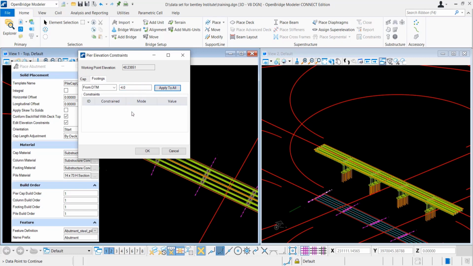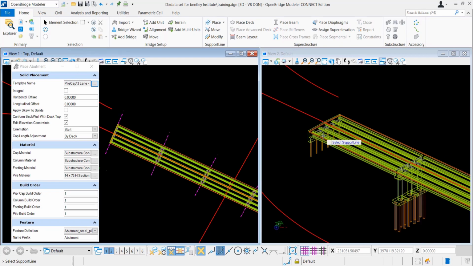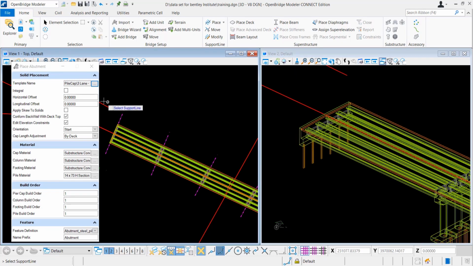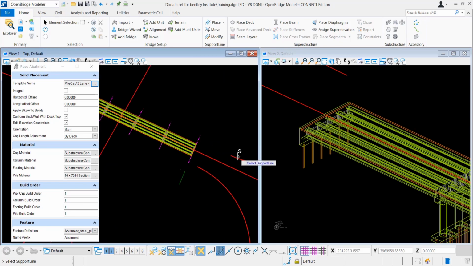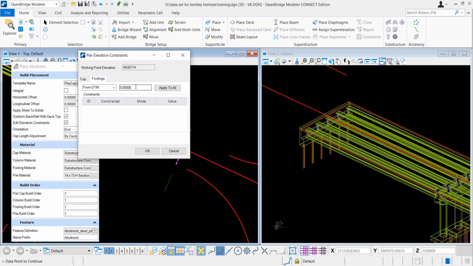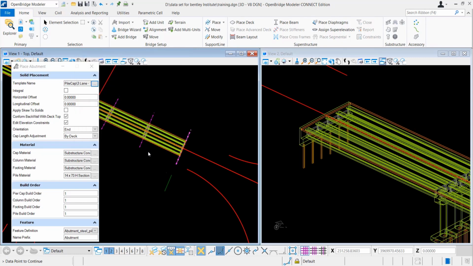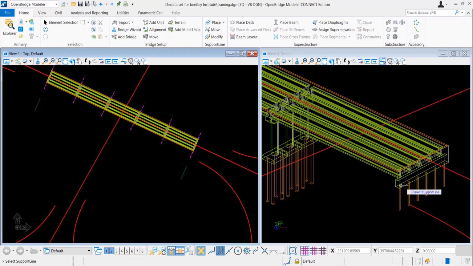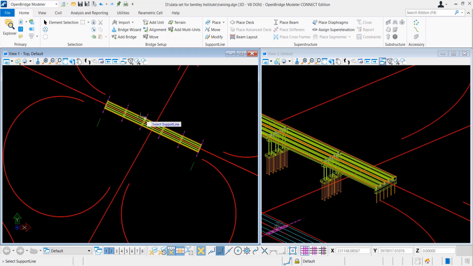In the elevation constraint, you can actually change the elevations of your footing or elevations of your pier cap level. So now you can see it placed a solid abutment here. It's very easy. In a similar way, you can select the end support line, and you can see that by default the orientation has been changed, because the program reads that it's the end support line. That's by the numbering of your support lines. In a similar way, you attach the terrain model, right, and you place the second abutment at the end support. So the complete substructure is done except the bearing.